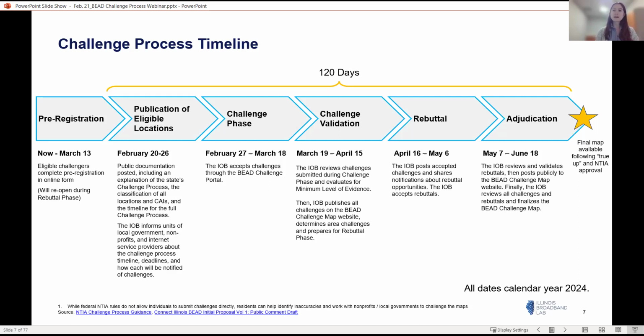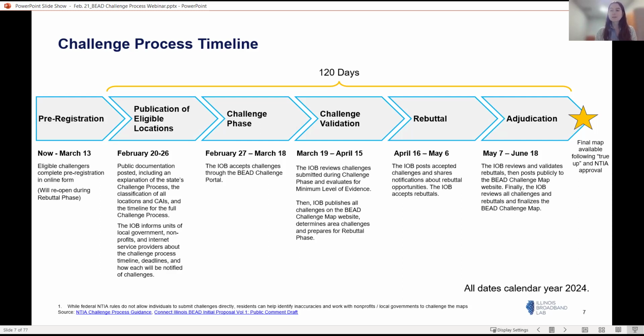The pieces that were formally published yesterday on the 20th were this timeline, our user guide outlining the process, the full list of locations and their qualification as unserved, underserved, or served, community anchor institutions and their eligibility status, and just notifying everyone as far and wide as we can that this is all happening. So the CSVs have not changed, but they are up there still.